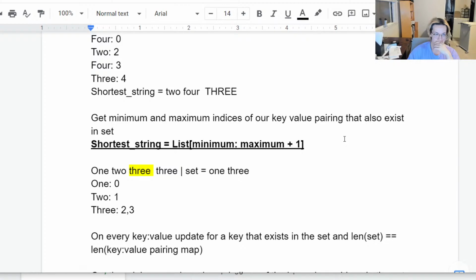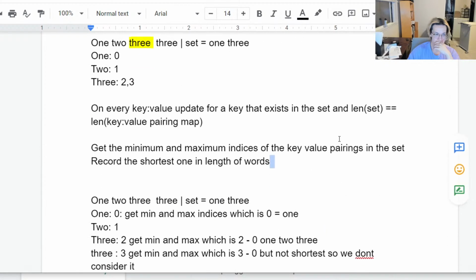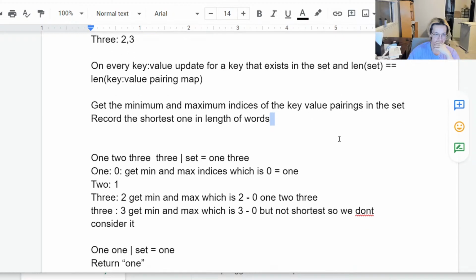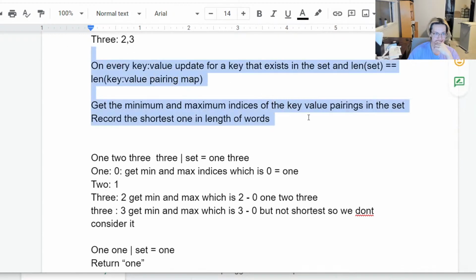Yeah, I mean, if we get the latest indices of 2, then that'll be 1. For every key value pair of a key. Right? And then once the length of that is equivalent to,